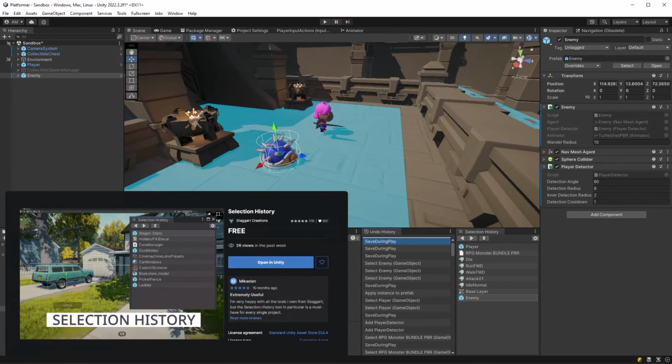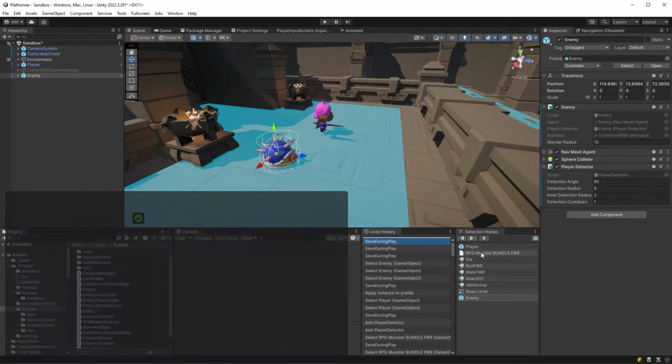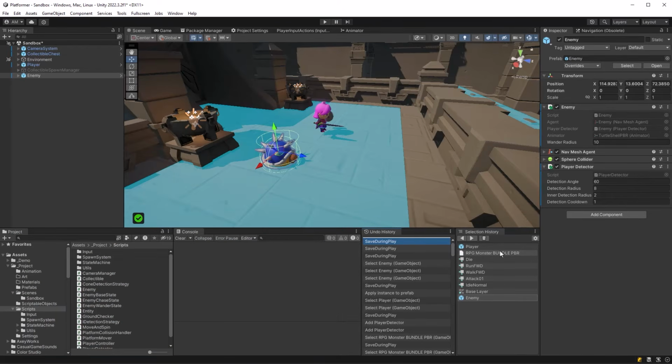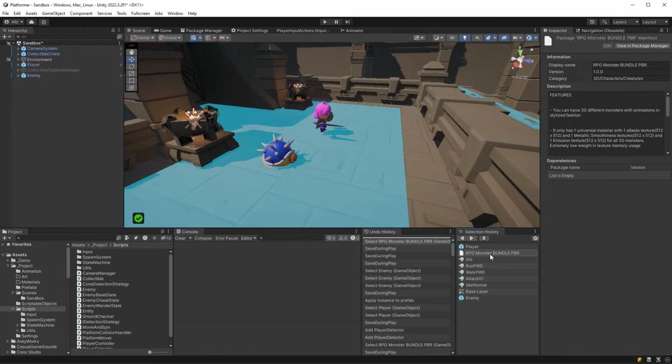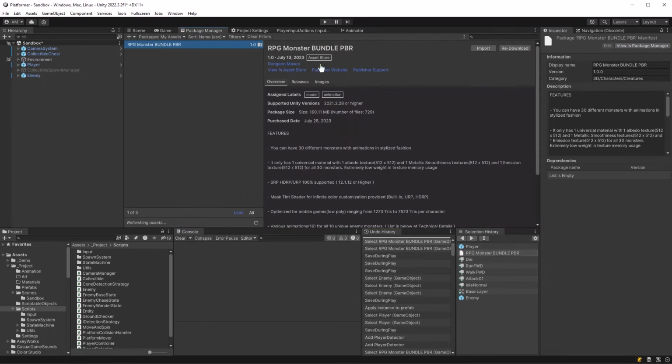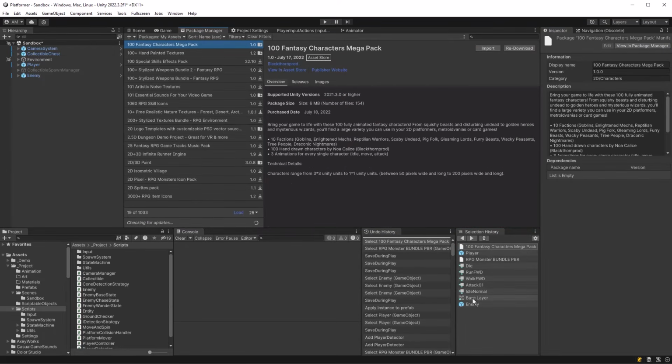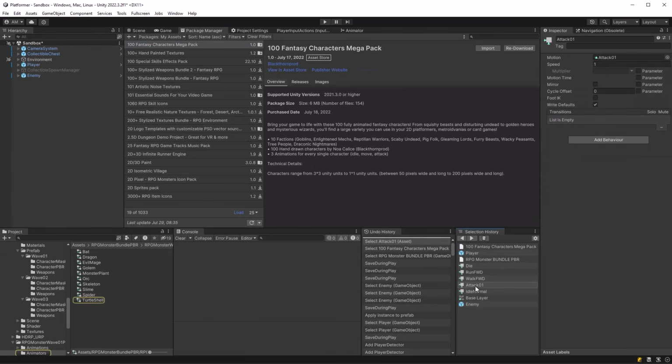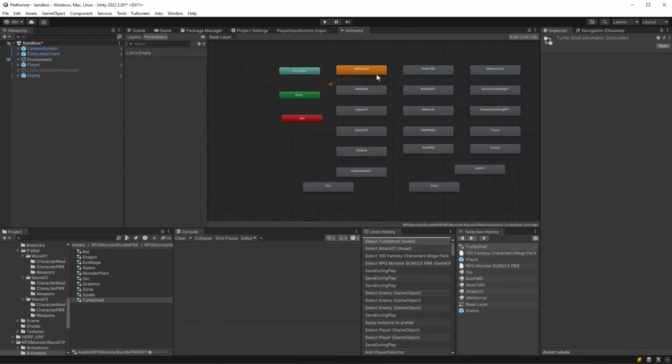This is a free tool from Staggered Creations you can get on the asset store. Everything that you click in the game from packages, here I'll click on this one. This is the RPG Monster Bundle. I can see it up here in my inspector, and if I click on View and Package Manager, it'll take me right to it. If I want to see where this animation came from, like Attack 01, where's that from? Oh, that was in the Turtle Shell animator controller,